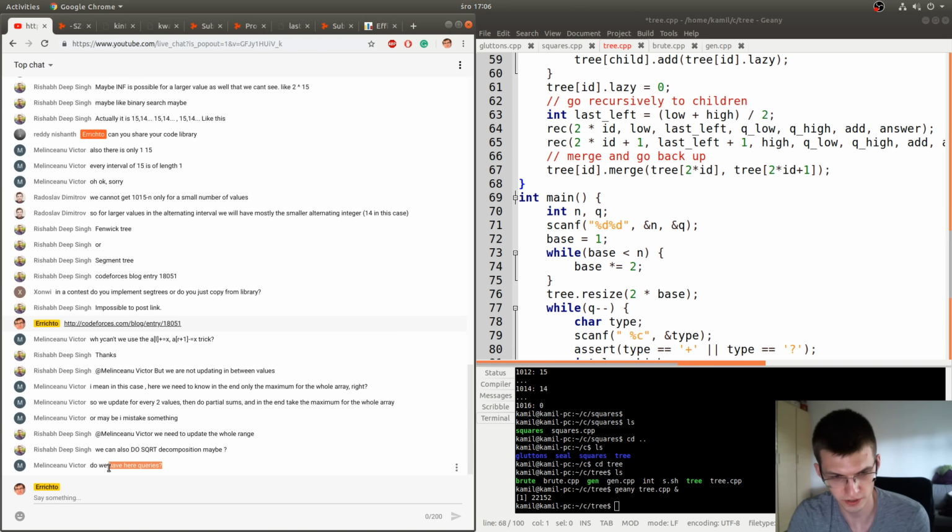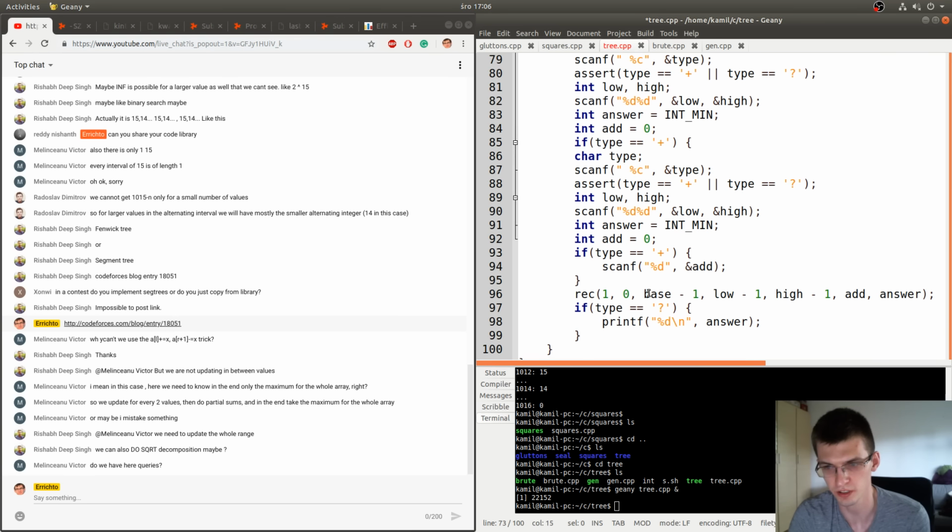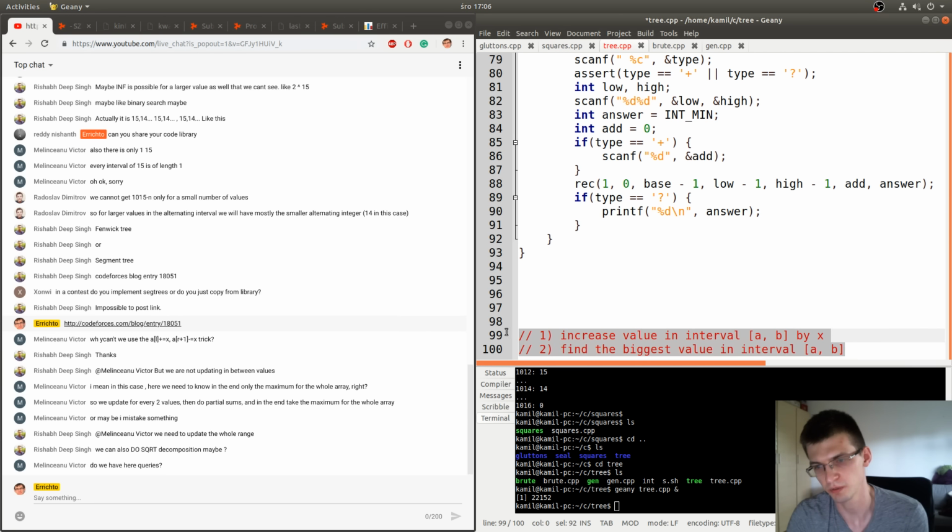Do we have queries here? Yes, we have. We talked about a solution and we boiled it down to queries: increase value in some interval and find the biggest value in interval. Remember that queries don't have to be in the input. Our solution showed us that we have some queries that we should handle.